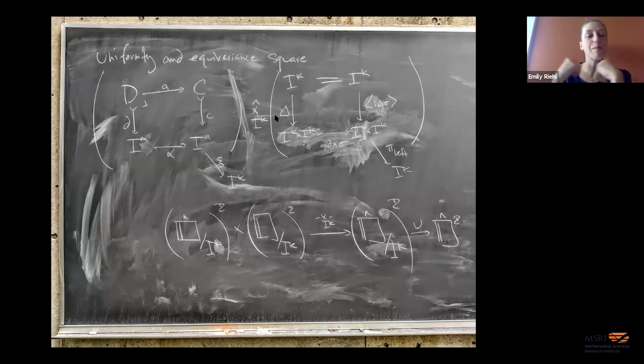And remember, these open box inclusions are push-out products of something which is like a generating cofibration with something like a generating trivial cofibration. So this is in the generating cofibration variable. This is exactly the same uniformity square as before. I have some subobject of the n cube, an arbitrary map of cubical sets, and then the pullback. So the input on this side is a pullback square where the codomains are cubes. And then the input on the right, sorry, we've got a,